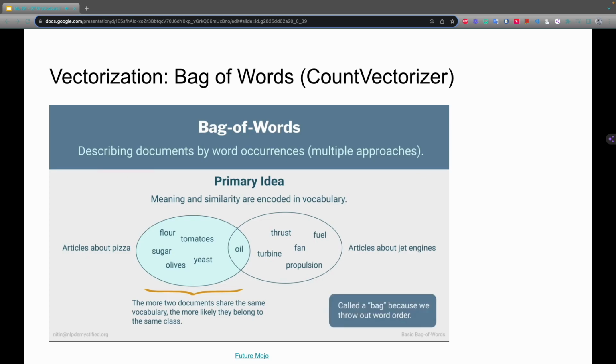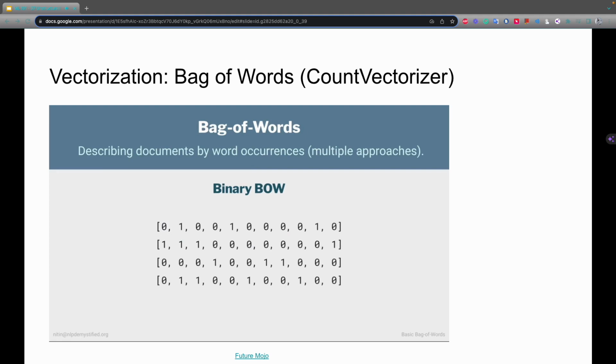It's called a bag because the order of the words in a document is discarded. We care only whether a word occurred and maybe how frequently. For now, we'll just focus on whether a word occurred. When we encode text as a binary bag of words, what we end up with is a feature matrix that